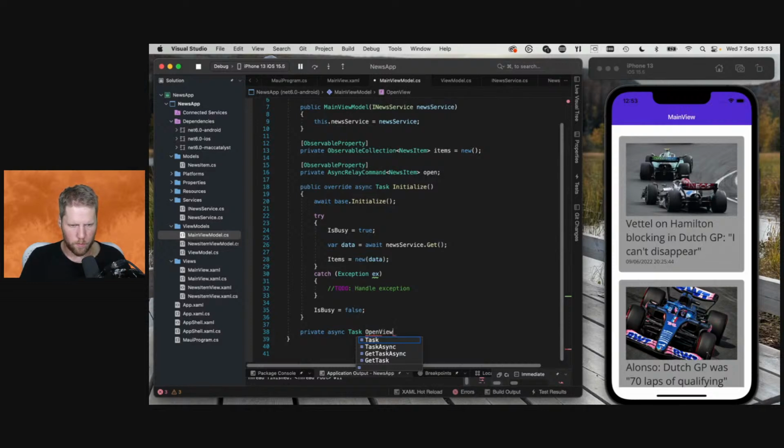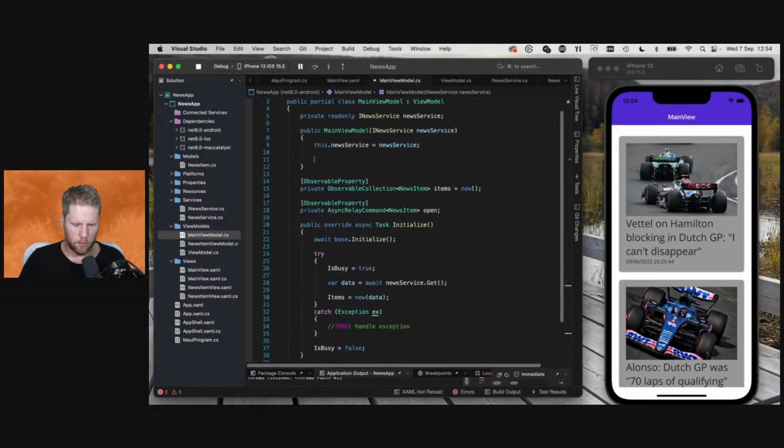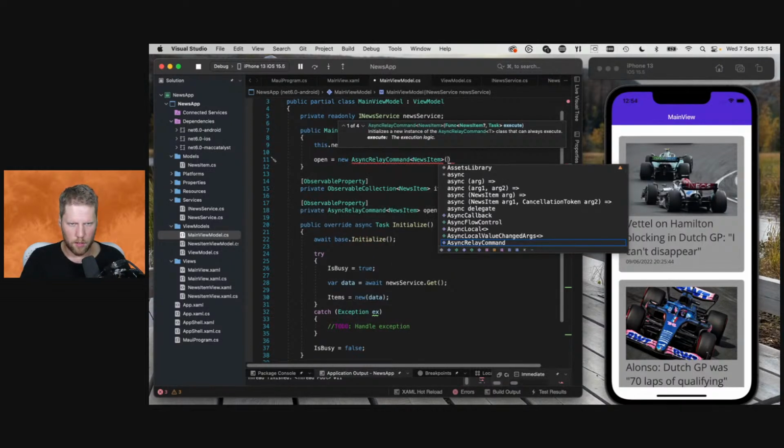OpenView, which we cannot name Open, because this will generate a property with the name Open, and then we will have a conflict. And then we'll have a news item into it like that. And in the constructor, we can now do items, open a new async relay command, and then